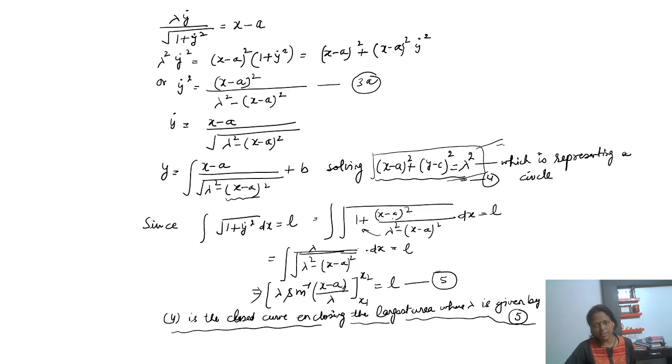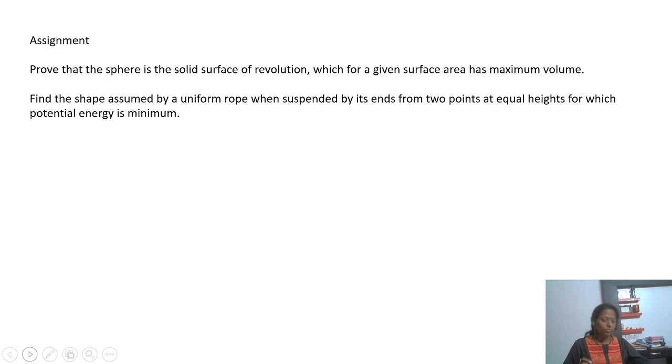Similarly, you can use this Lagrange's multiplier method in some another mechanical problems, like I am giving you two problems in the assignment. One is prove that the sphere is the solid surface of revolution which for given surface area has maximum volume. अब आपके दो जो इसमें फंक्शनल हैं वो क्या क्या है, एक तो है वॉल्यूम और एक है एरिया, दो फंक्शनल है इसमें। तो एक्सट्रीमाइज किसे करना है, वॉल्यूम को। आई क्या बना आपका, वॉल्यूम, और गिवन कंडीशन क्या है, सरफेस एरिया गिवन है, तो जे क्या हो गया, गिवन सरफेस एरिया।